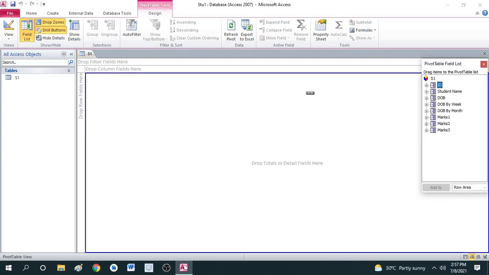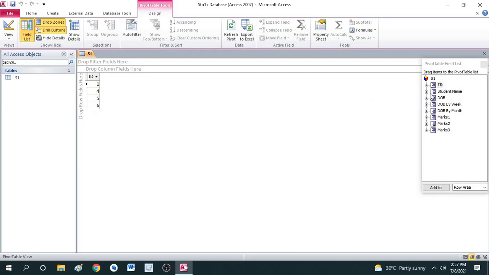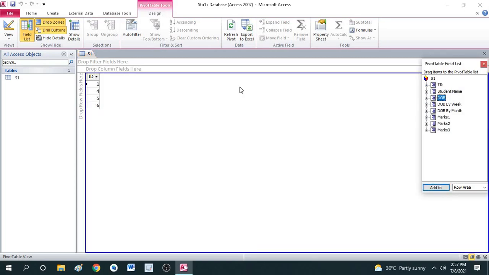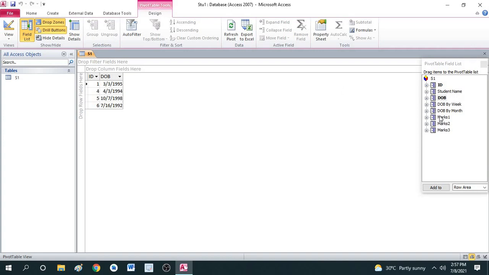You have to click and drag here. You can see all the IDs that you have entered are seen here. Next, drag the date of birth. Next, I am just dragging the student name. So this is the pivot view format.